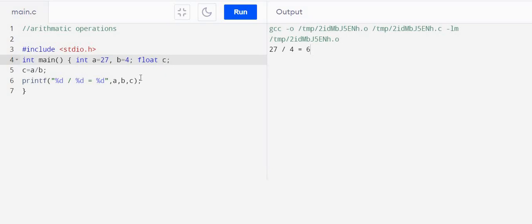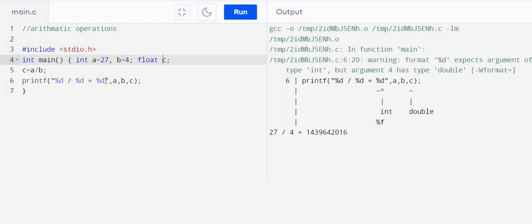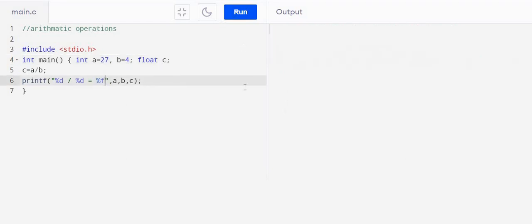Just defining in the form of float is not sufficient, because C is float, but division of A and B generates an integer number. So though we define float, let's see what is the result. It will be a mistake because C is float, so we have to write %f here, otherwise the answer is still 6 and it is incorrect.